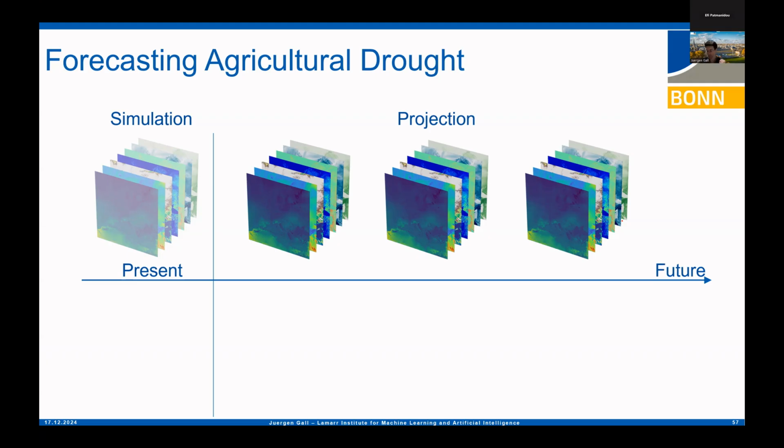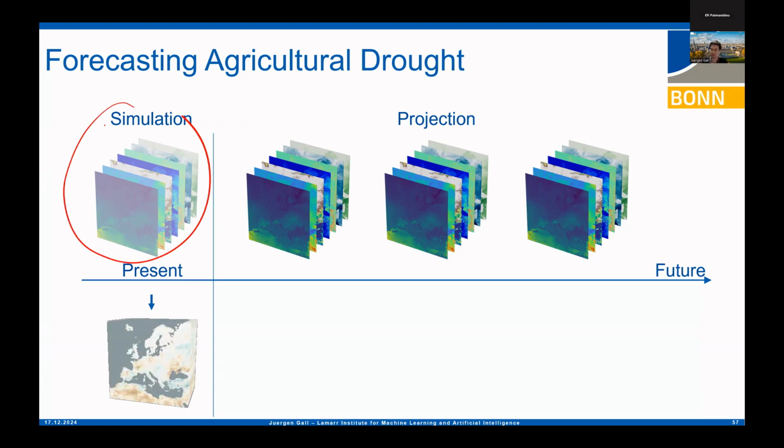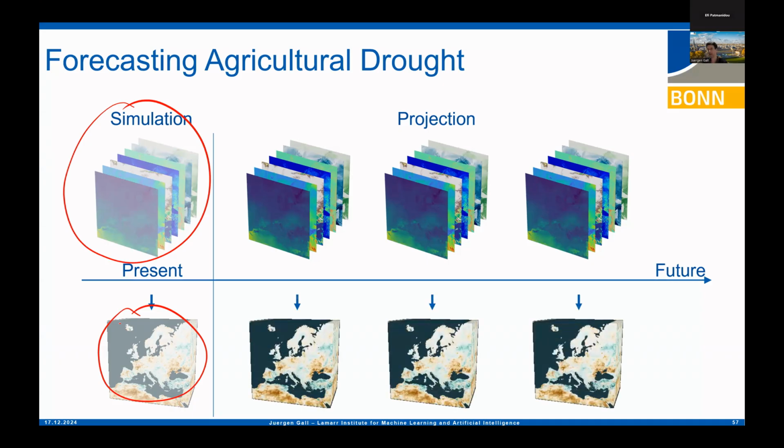However, from the surface, we also have information from remote sensing. So what we can do is take all the variables we have from simulation, like precipitation, soil moisture, and so on, and then take a machine learning approach to map them to some kind of remote sensing, which is an indicator of the health of the plants. We can do it with data from the present, but we can also do it with the data which the simulation has predicted for the next few years.